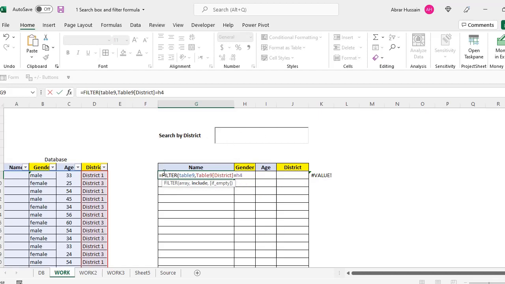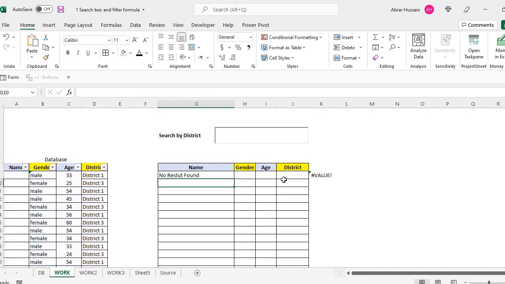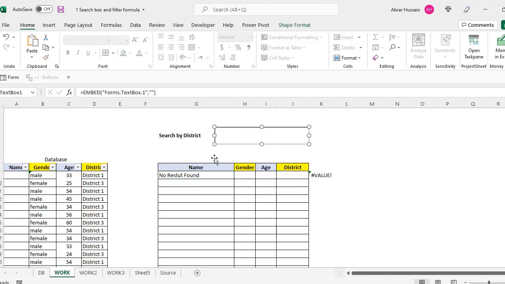So I am filtering it, and if it is equal to H4, then it shows the results. If it is empty, then what? Inside the inverted commas, you return no result found, or you just say no results, whatever you type here. Click. Now it says no result found, because I haven't typed anything there.